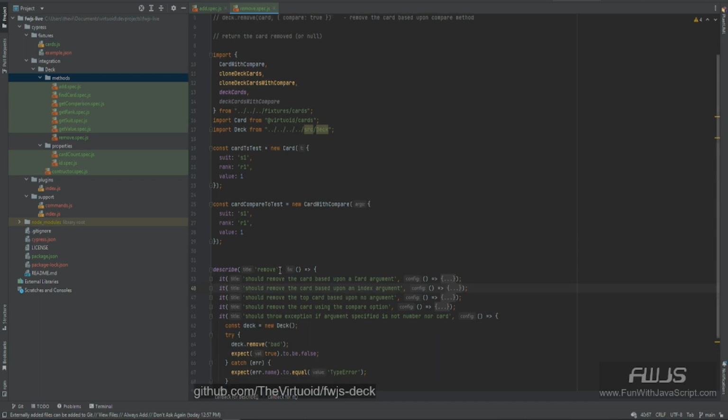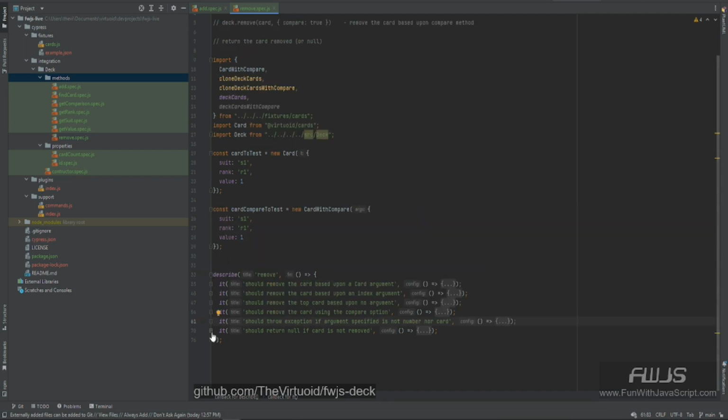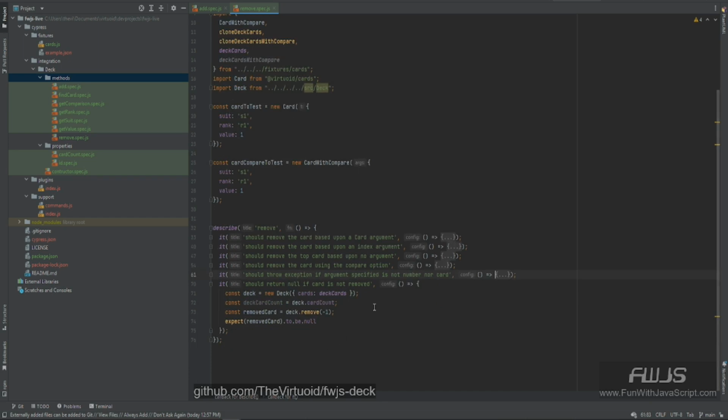Next, we're going to be able to throw an exception if the specified argument is not a card nor a number. So if we try to remove it, and it ends up not being a number or it ends up not being a card, we just throw an exception. Real easy there. And finally, at the very end here, we're going to return the null if the card has not been removed. And so by passing a -1, it's kind of a way to be able to know that we haven't removed,